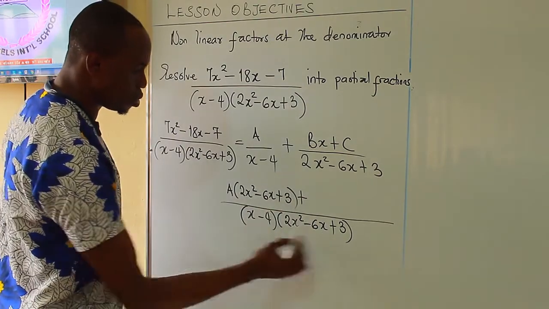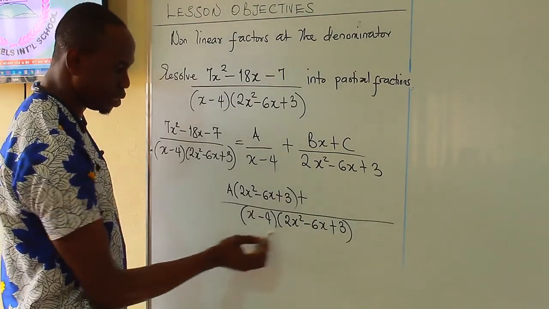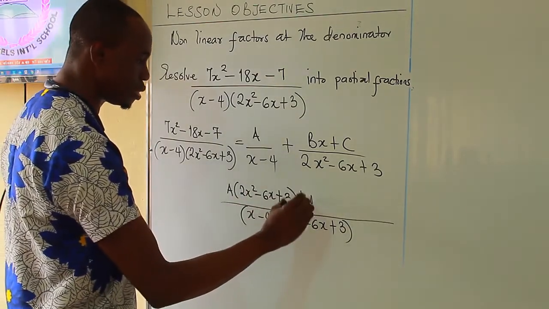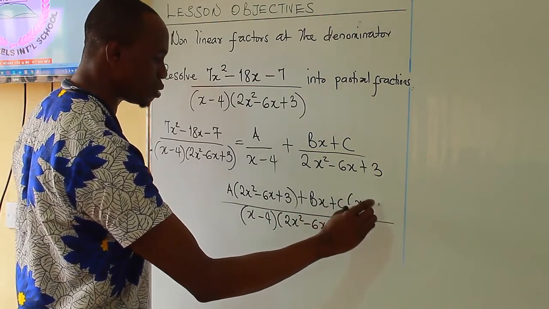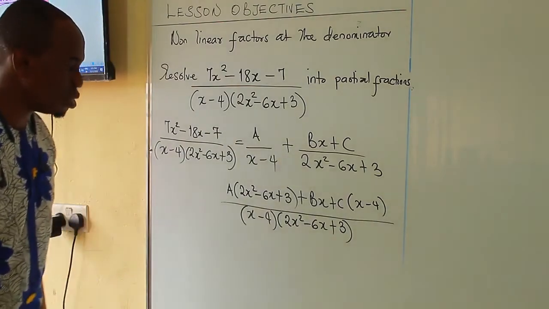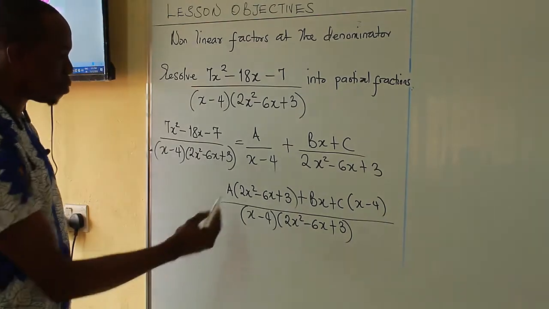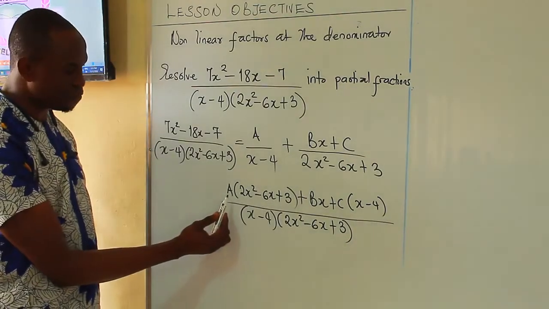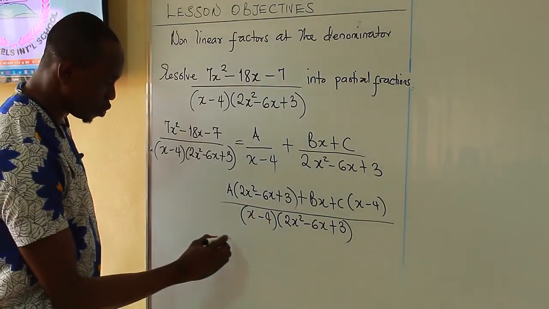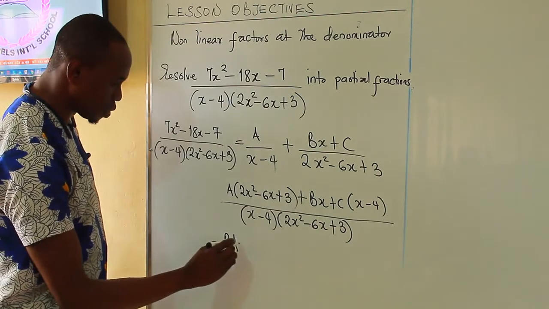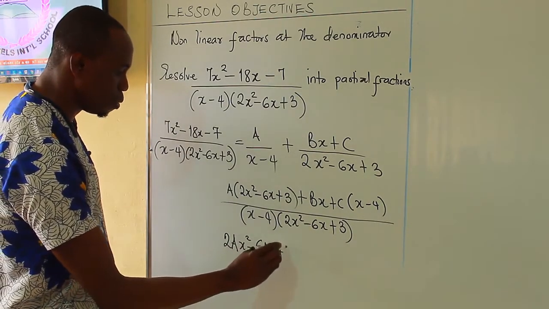I use this to multiply a. Plus this is also going to divide this. I'll be left with x minus 5, because in my mind, this cancelled this. So I'll write bx plus c and I'll multiply by x minus 5. The big deal is just to expand this numerator. And I'll expand by multiplying all values that I have outside the bracket by the expressions I have in the bracket. So I'll have this as 2a x squared minus 6ax plus 3a